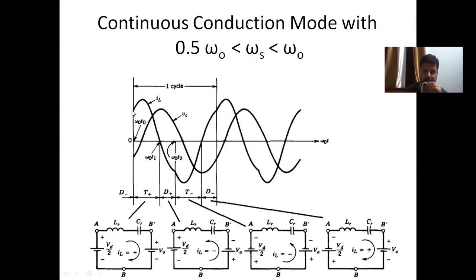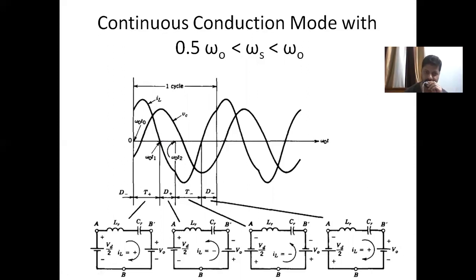So here the inductor current is flowing. Earlier D minus was conducting, there was some finite value of current. We turned on T plus, inductor current is flowing, and it becomes 0 at omega 0 T1. Now the current wants to reverse, and because T minus is not yet turned on, the inductor current will now flow through D plus. At this instant, before the diode current can reduce to 0, we are turning on T